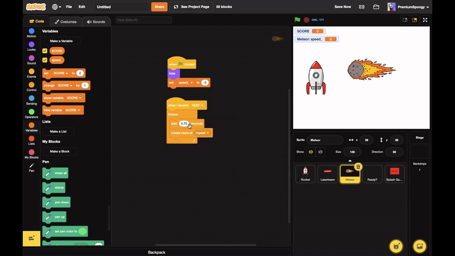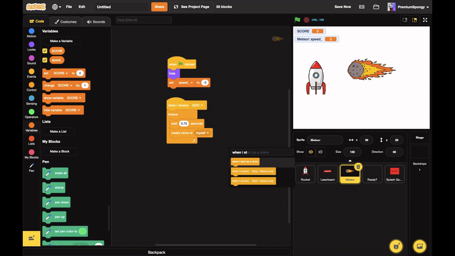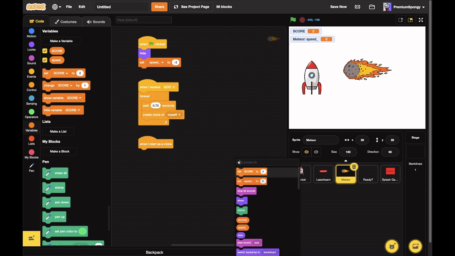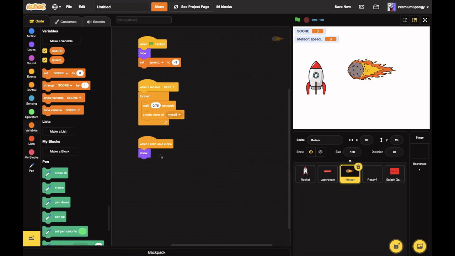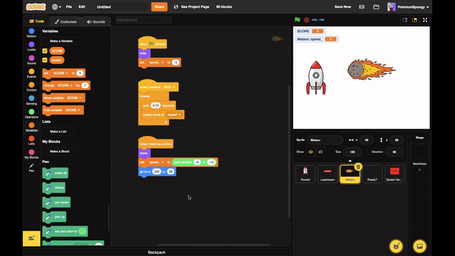Now you can lower this down to create more meteors, but I'm just going to keep it to 0.75. Alright, grab a when I start as a clone. Let's show, since we're obviously going to have to show the clones. Let's set speed to pick random, which is going to be -6 through -12. Let's go to X and Y. Now this would be 240 for X, and for Y we're going to be picking random